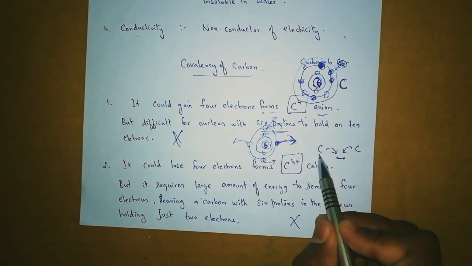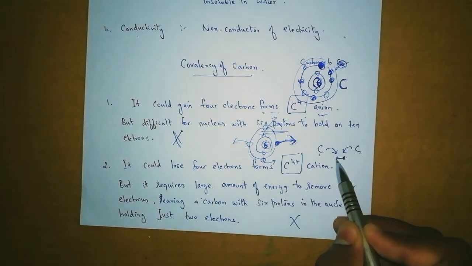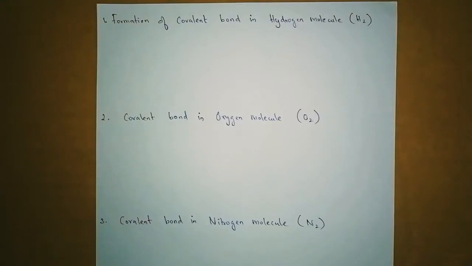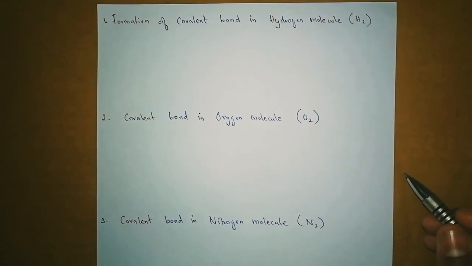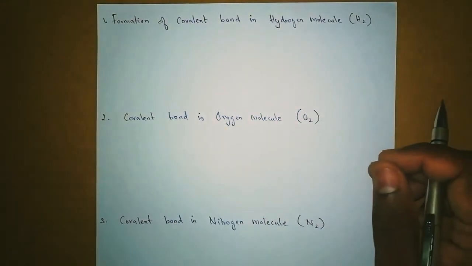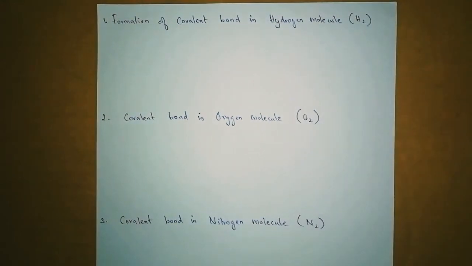This is a carbon. If this is a carbon, another carbon, they both share their electrons to form a bond. Then only this is possible. Is it possible that only carbon is doing this sharing process? No, not just carbon, but many other elements form molecules by sharing electrons in the same manner. Let's take some examples and do by ourselves.